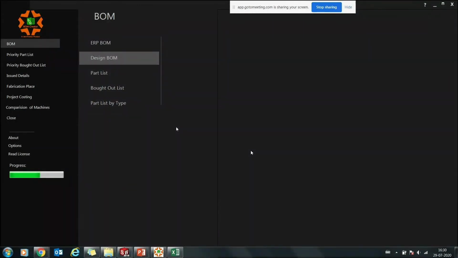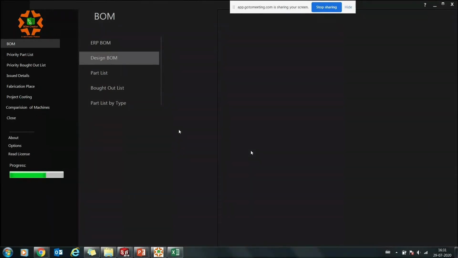Guys, I have used this tool. It is very great that any information that you want, in the form of Excel, what material you wanted, what is the price of that material, all the information is included in the same object. You just have to select the machine that you have built. So it takes automatically. There you go. This is the design BOM we have been talking about.